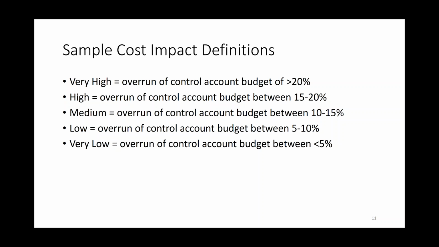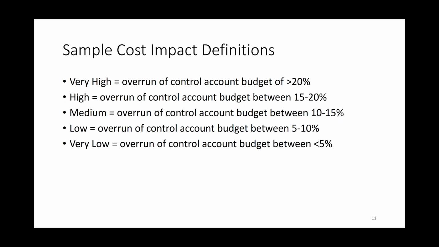So you need to be very crystal clear when you're speaking about at what level of the project you are talking about your overrun. So here we're saying a control account or a deliverable. Okay? And here we've got a rating of 5, 5 to 10, 10 to 15, 15 to 20, greater than 20. Again, you can make these bands larger if you have a greater risk appetite or a greater risk tolerance, or they'd be tighter if you had a very tight fixed budget. The same thing would happen if you're talking about schedule.